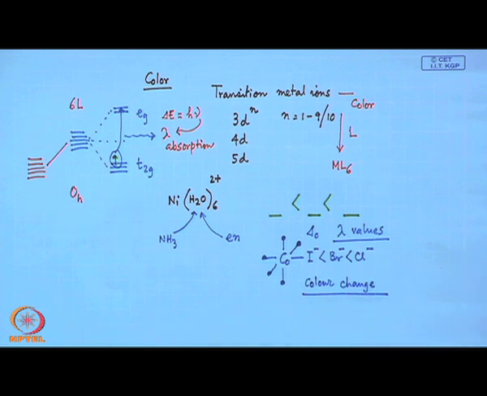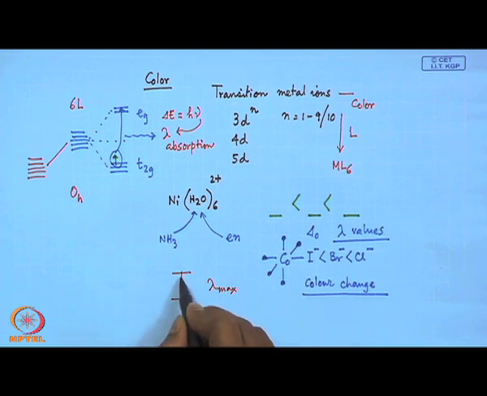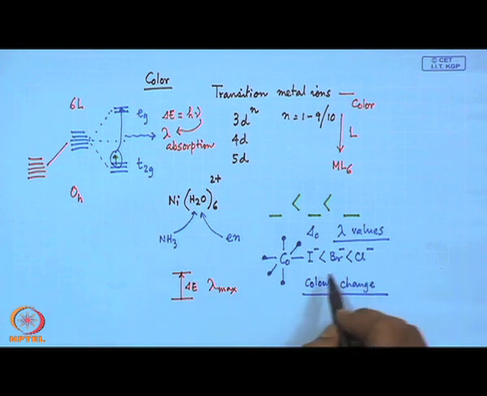From there, if we see the lambda max values for the different amounts of this separation, that means the corresponding delta E values, we get part of the spectrochemical series. So, this gives us some idea how we make the spectrochemical series,